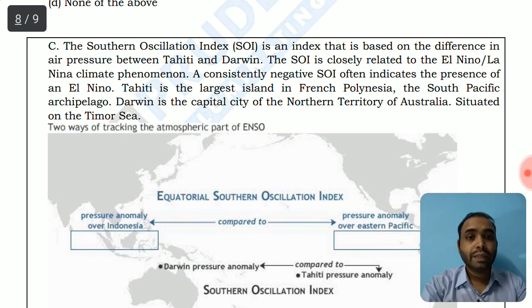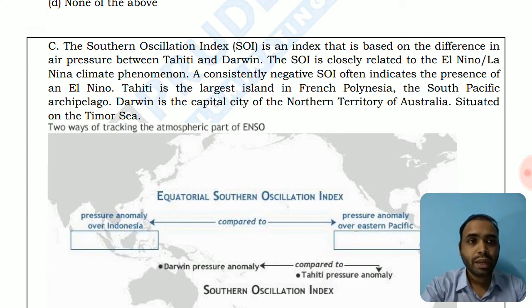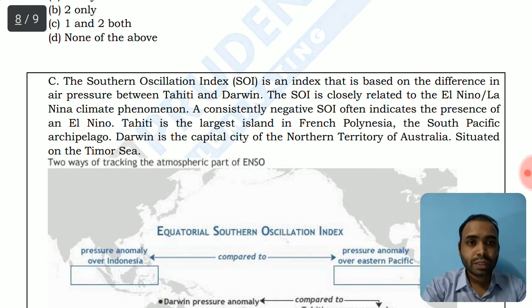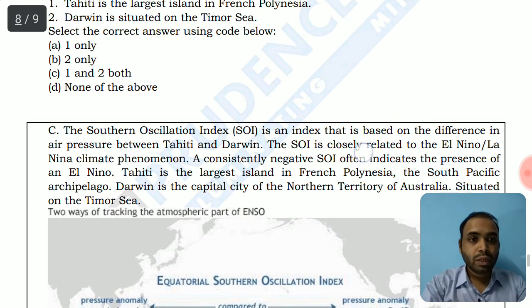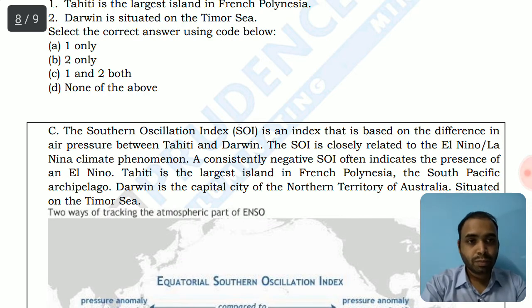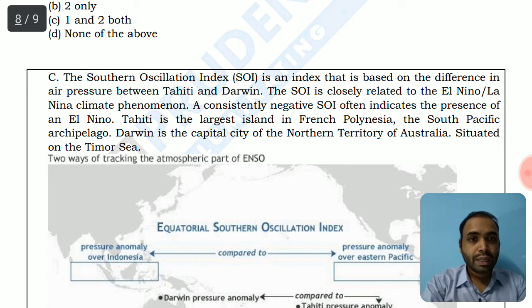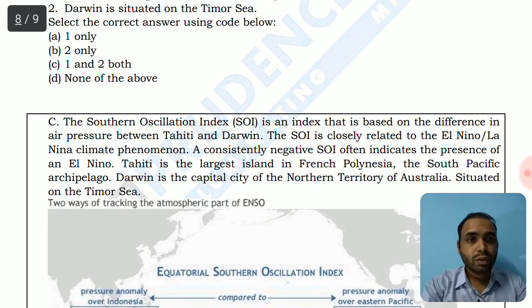So let's read about the Southern Oscillation Index and why it is important in the context of detecting the phenomena of El Nino and La Nina. The Southern Oscillation Index was asked in the previous 2016 or 17 prelims also, about the location where this oscillation happens. The Southern Oscillation Index is an index that is based on the difference in the air pressure between Tahiti and